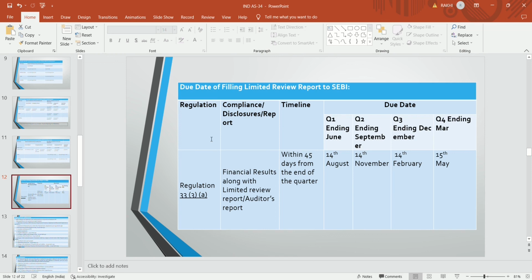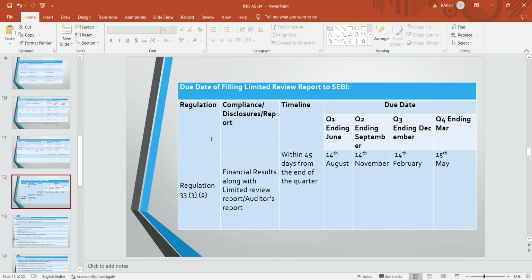As per Regulation 33(3)(a), the compliance, disclosure or reporting of financial results along with the LR or auditor's report, the timeline for submitting the report will be 45 days from the end of the quarter. For the quarter from April to June, that is 45 days, till 14th August. They have to submit the limited review report or auditor's report to SEBI